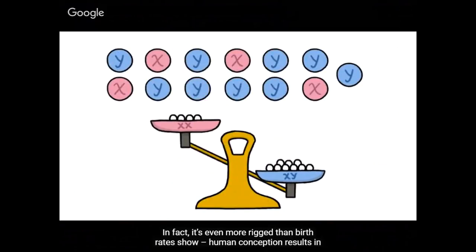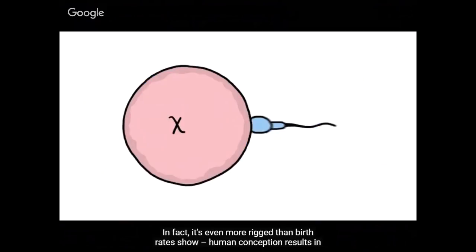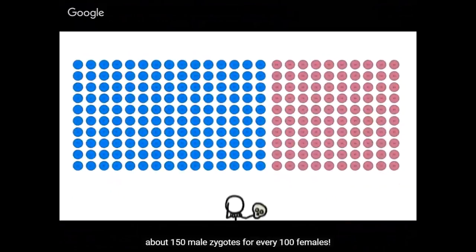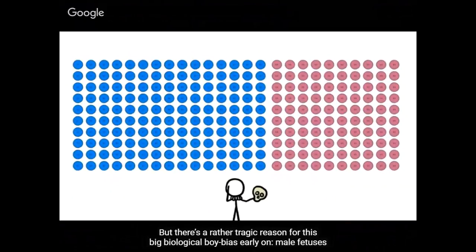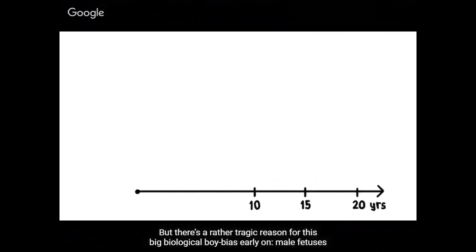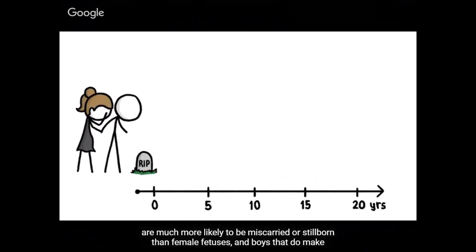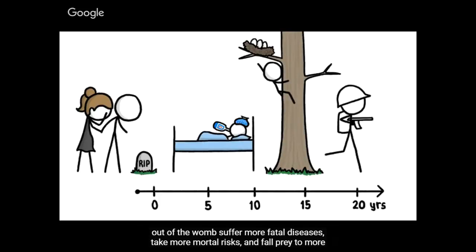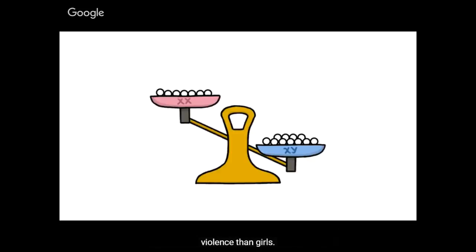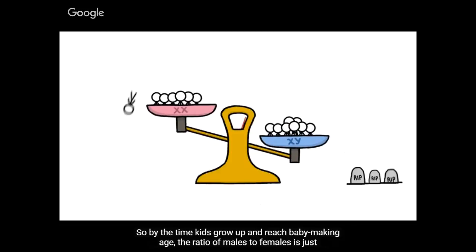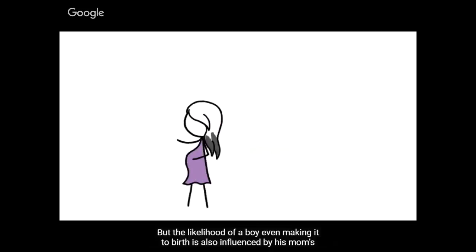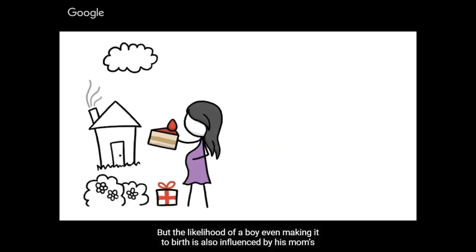In fact, it's even more rigged than birth rates show. Human conception results in about 150 male zygotes for every 100 females. But there's a rather tragic reason for this big biological boy bias early on. Male fetuses are much more likely to be miscarried or stillborn than female fetuses. And boys that do make it out of the womb suffer more fatal diseases, take more mortal risks, and fall prey to more violence than girls. So by the time kids grow up and reach baby-making age, the ratio of males to females is just about 1 to 1. But the likelihood of a boy even making it to birth is also influenced by his mom's